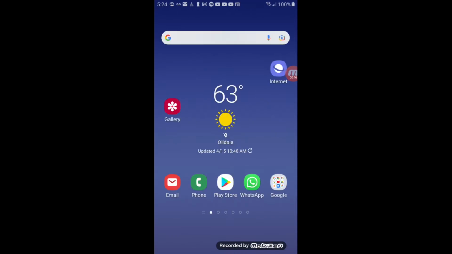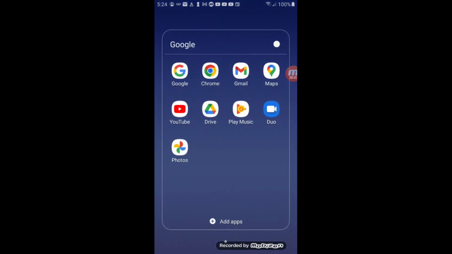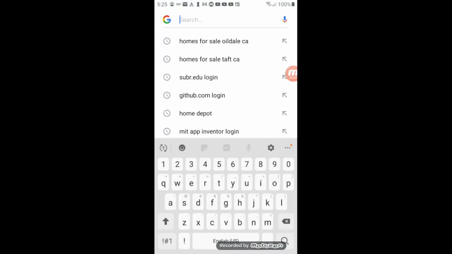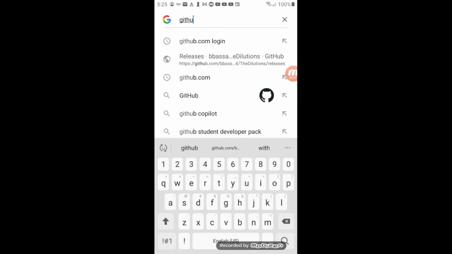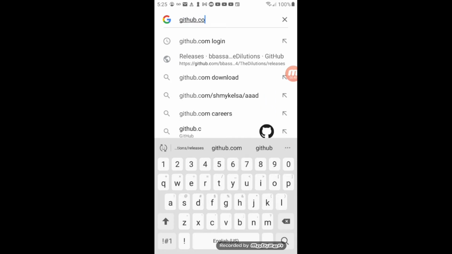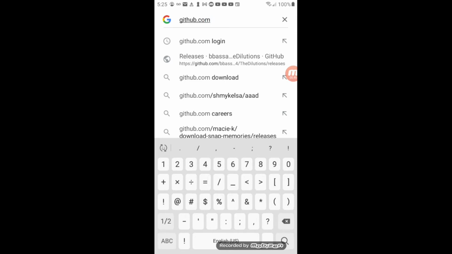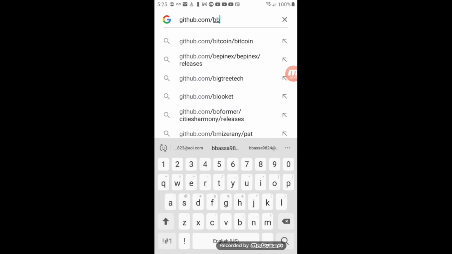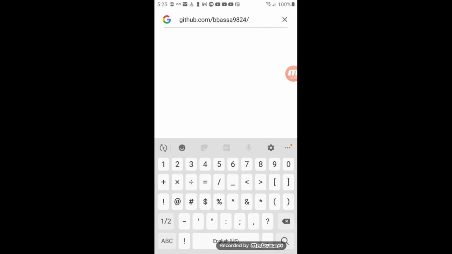So on the Android device, you have to first tap on the Google icon, this one, and then again the second Google icon. Now in the address bar, github.com / BBASSA9824, that is my account with the GitHub, and then / again, then the Dilutions in camel case, that is